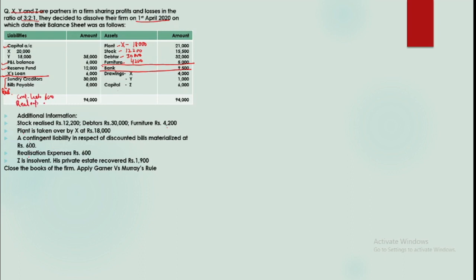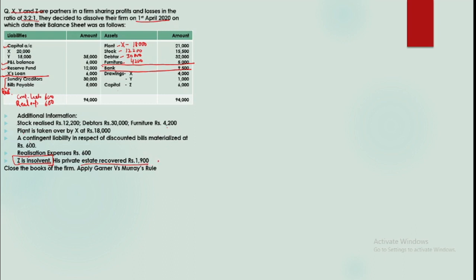So when you look at the adjustments, this question is fairly simple. We are not given adjustments like half of an asset is taken over at this price, half is given, because the focus is now on insolvency. Okay, Z is insolvent. So since Z is insolvent, we'll have to establish, is it relevant for us or not? Since he can pay only 1,900, while preparing his account, we'll have to check. If our requirement in the firm is up to 1,900, he will pay it and no problem. It's a simple question.